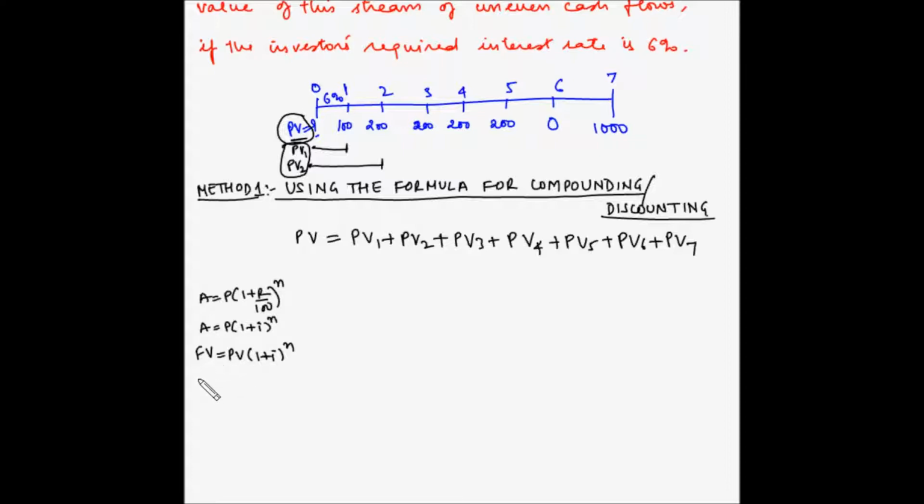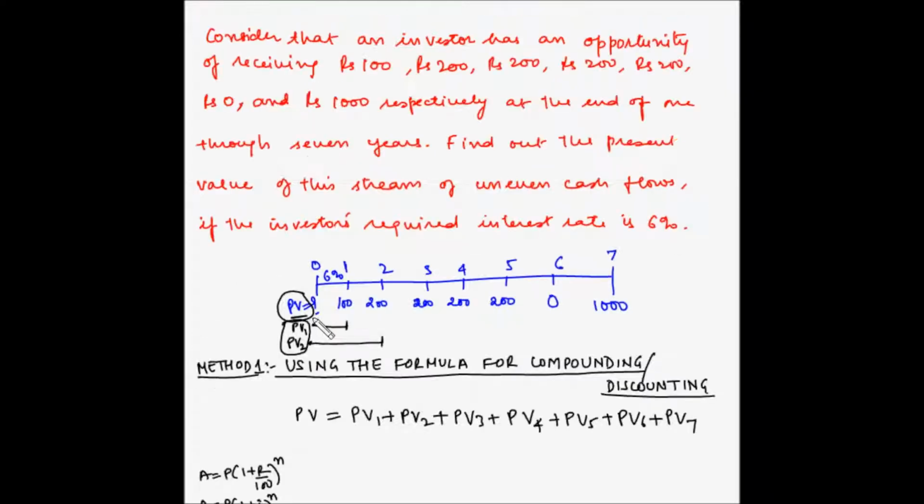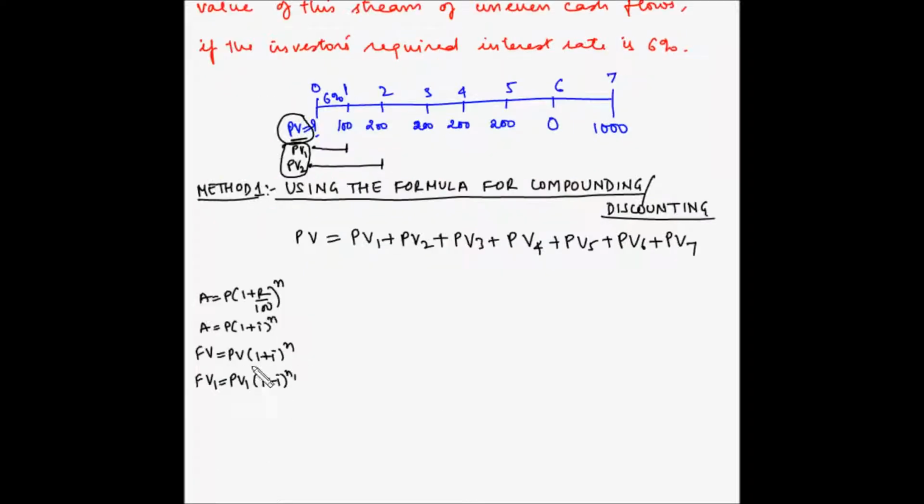So FV1 is equal to PV1 into (1 plus I) to the power n1. I'm putting n1 because every single cash flow will have a different tenure. So PV1 is equal to FV1 divided by (1 plus I) to the power n1. So let's write this formula here: FV1 divided by (1 plus I) to the power n1